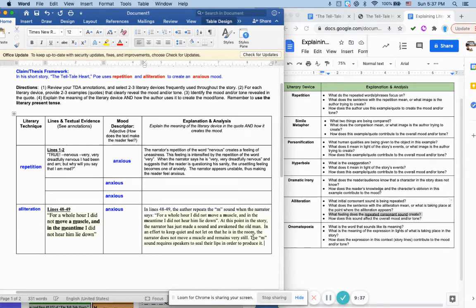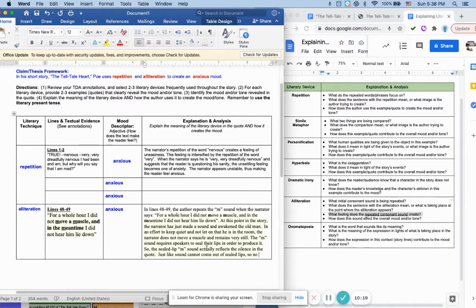Likewise, the sealed lip sound actually reflects the silence in the quote. Just like sound cannot come out of sealed lips,